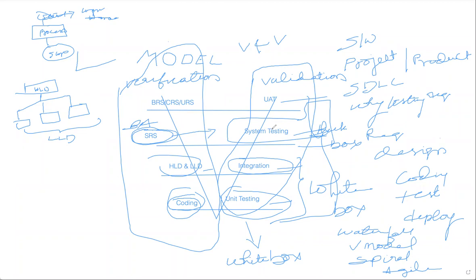Here we won't test any code. We test only the functionality of the software, the overall functionality of the application with respect to the customer requirement. So system testing comes under black box testing, as we discussed earlier. In system testing, testers do only functional testing by giving some inputs and expecting some outputs in the test cases.